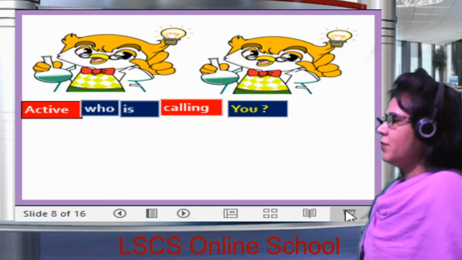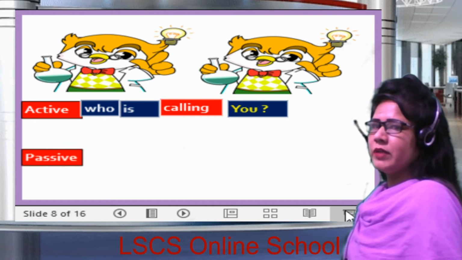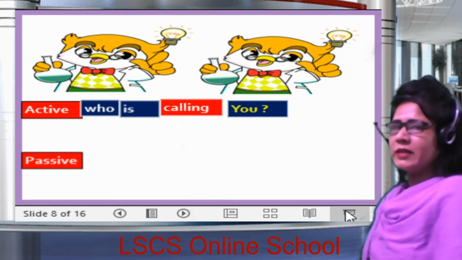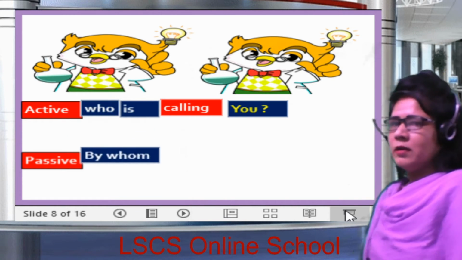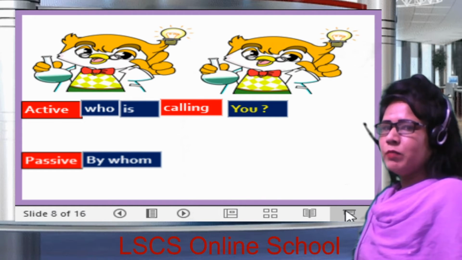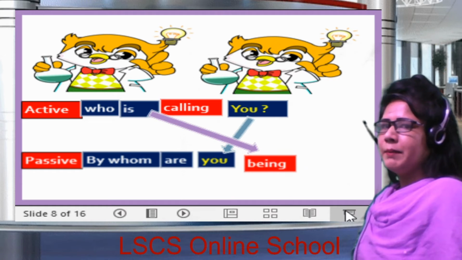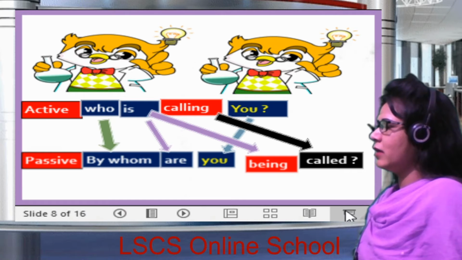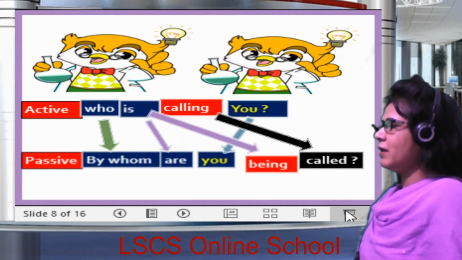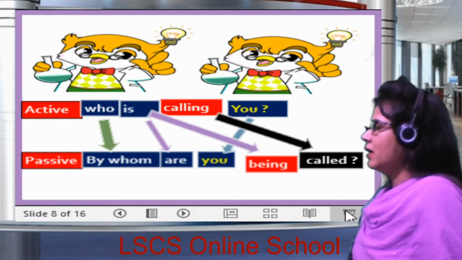Voice begins with WH word who. Dear students, see carefully, we'll change it into passive. আমরা active থেকে এটাকে passive করব. How can I change? Just follow carefully, my dear students. So who এর পরিবর্তে আমরা এখানে by whom বসালাম, helping verb, are you, object, being and main verb pp form, and at last put an interrogation mark. Dear students, so এইভাবে আমরা interrogative sentence কে active থেকে passive করতে পারি if the sentence